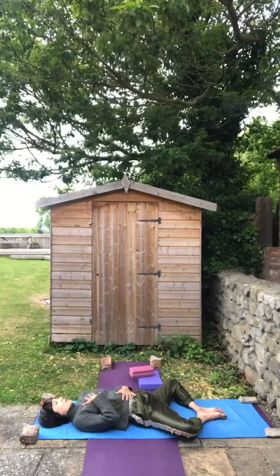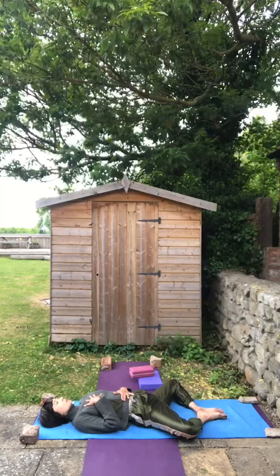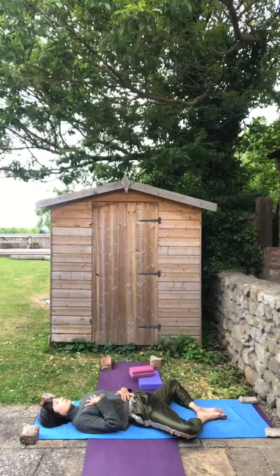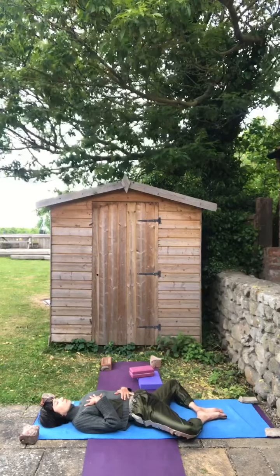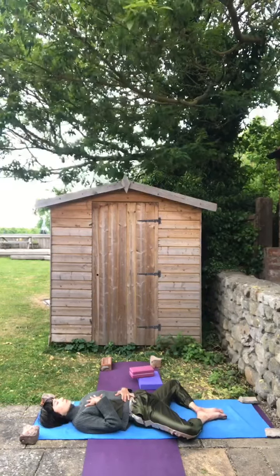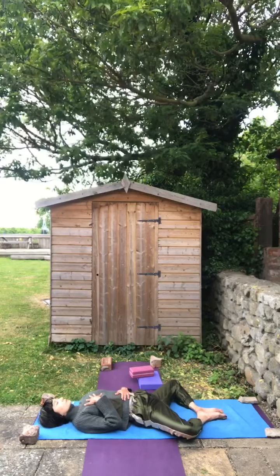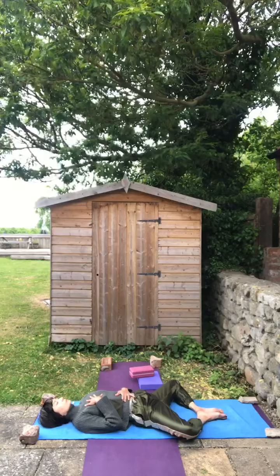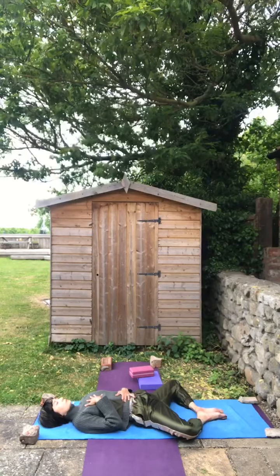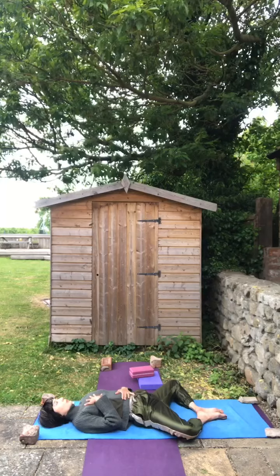Butterfly. Softening the gaze, aligning your head, neck and your spine, or bring your gaze inward by closing your eyes. To your breath, blinking your eyes open,